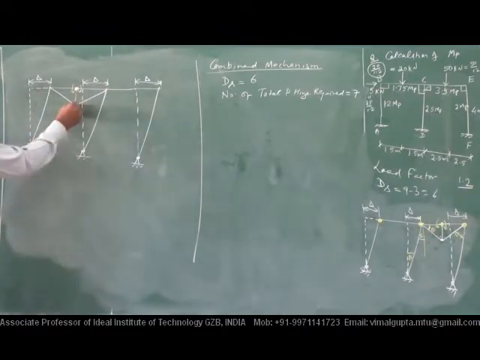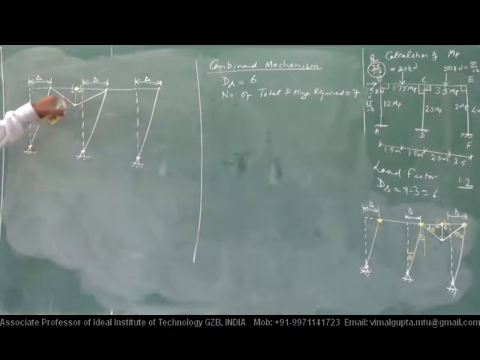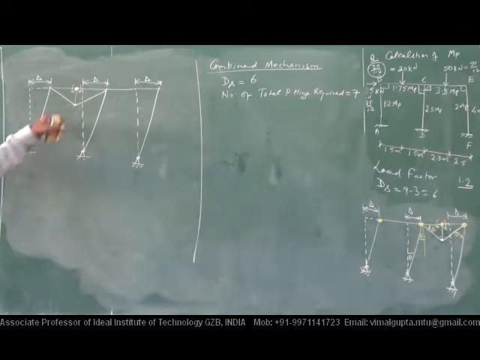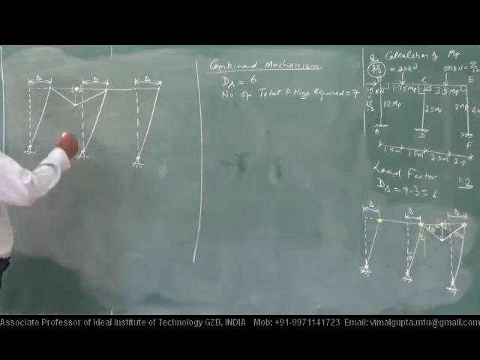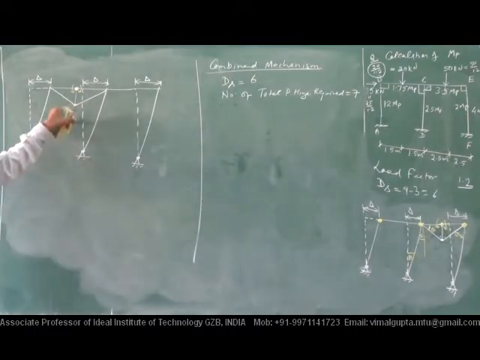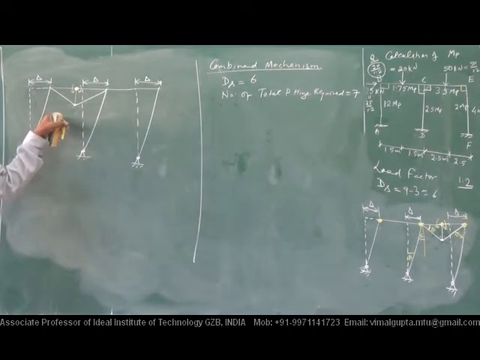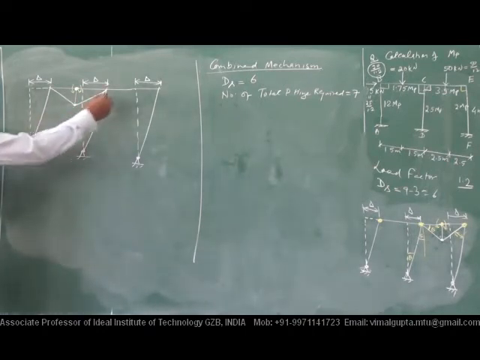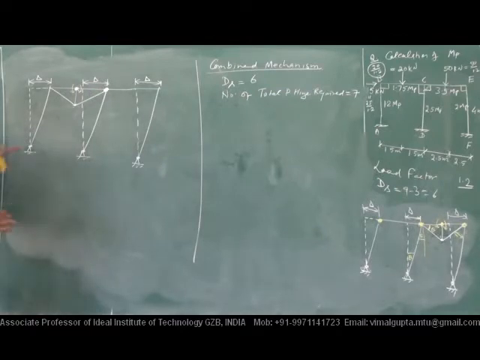It has this. If it has this, then where will another plastic hinge be? It must be at what location? Here, here, and another must be